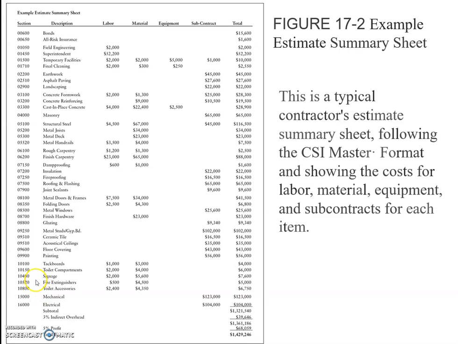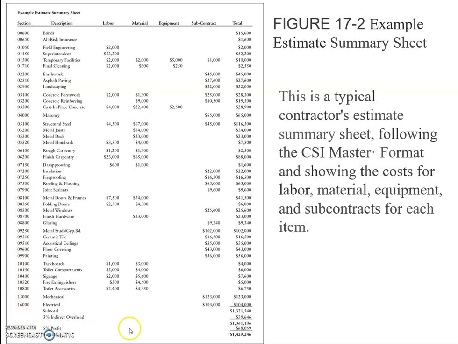So in this estimates summary sheet, you can see that different estimate items have been described or mentioned over here, and their estimates have been broken down into various components where applicable, such as the labor, material, equipment, and subcontract cost, and then these different components have been totaled, and then a grand total has been done. And then these sections relate with the CSI